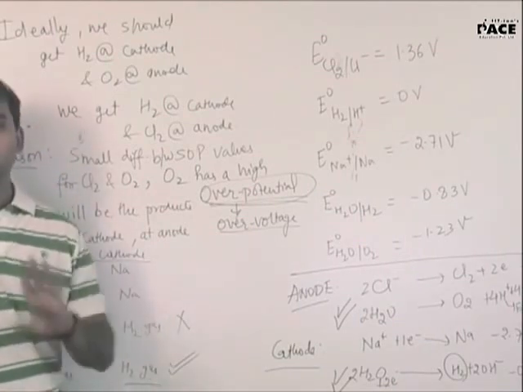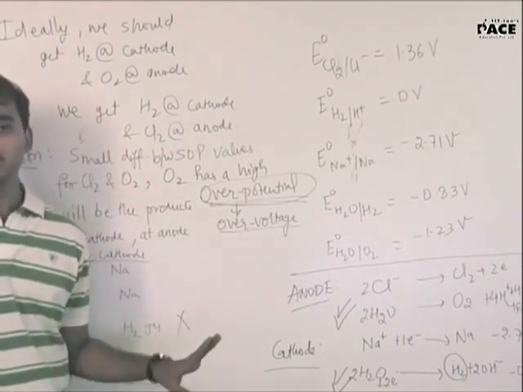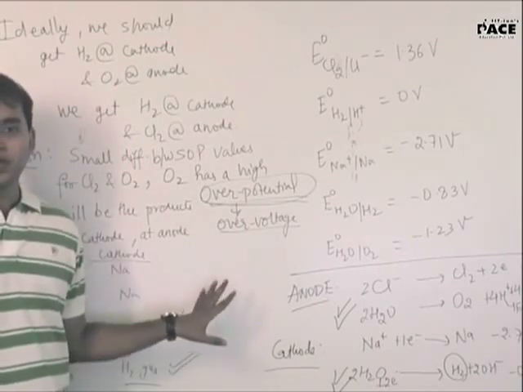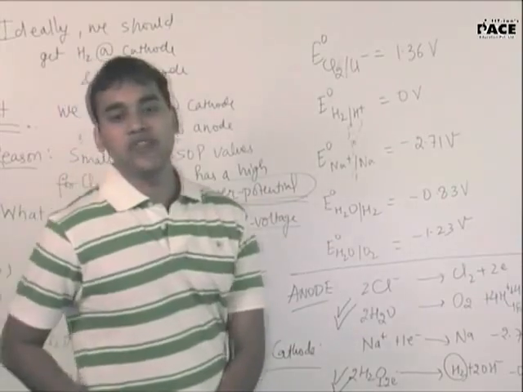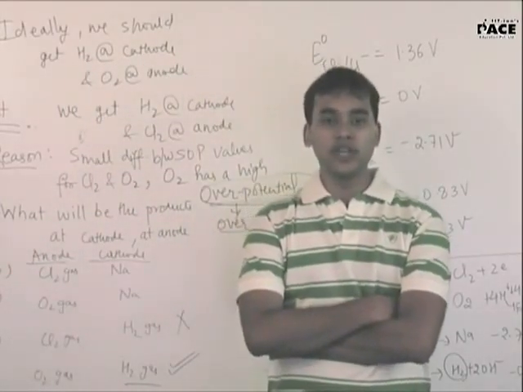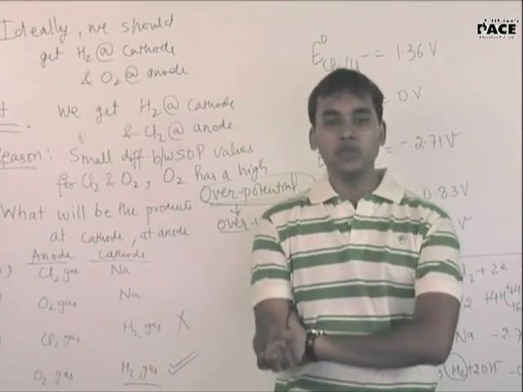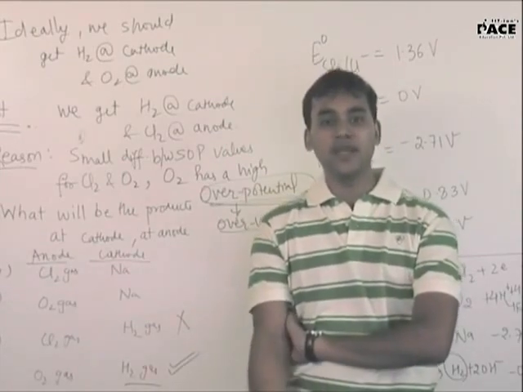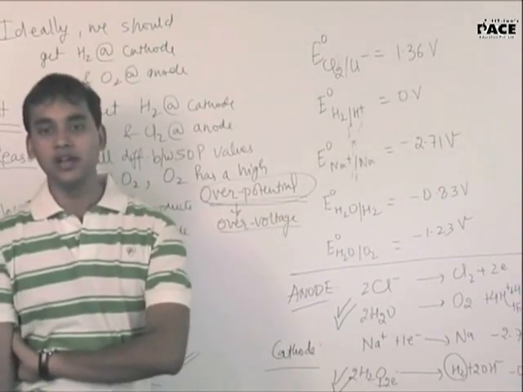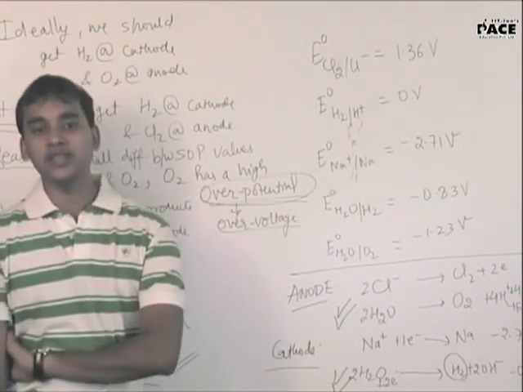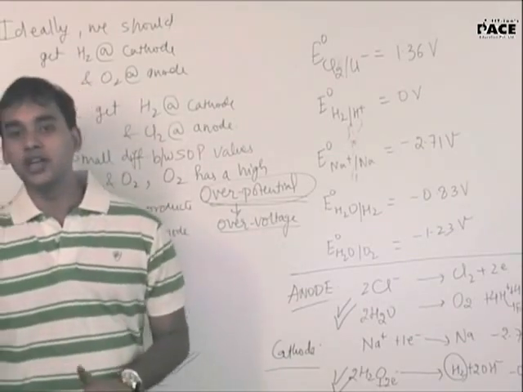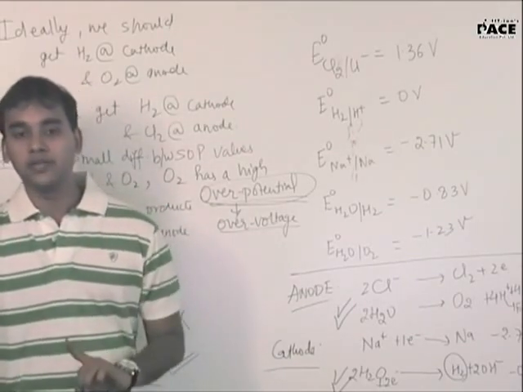Is everybody clear with the same thing? Yes, sir. Just a quick revision of this whole thing. The whole question asked to you was, if I go for electrolysis of NaCl for the extraction of sodium, I expect sodium to be evolved at cathode and I expect chlorine to be evolved at anode. Clear? But when I take aqueous NaCl, I have competition from water both at cathode and anode.